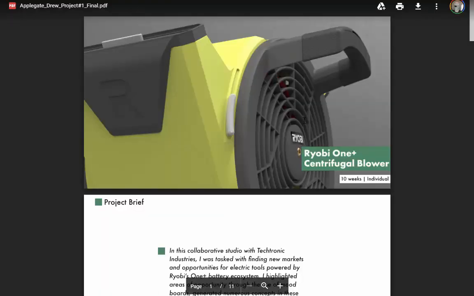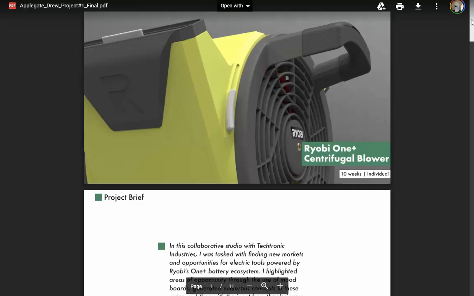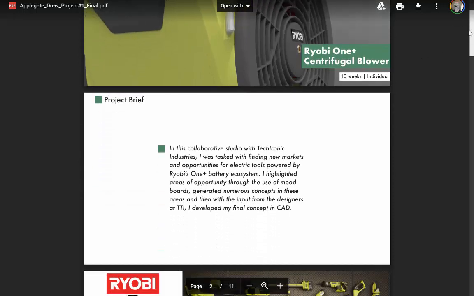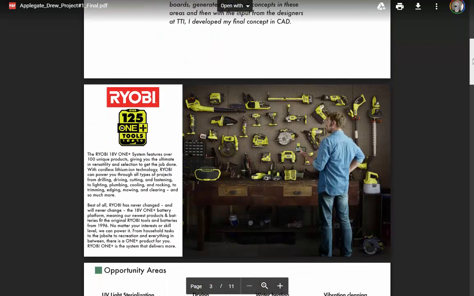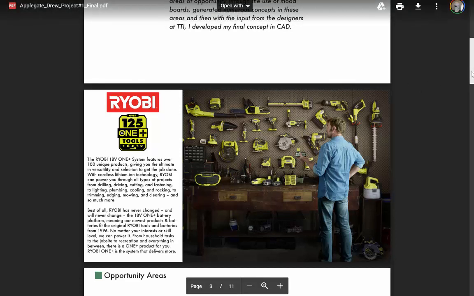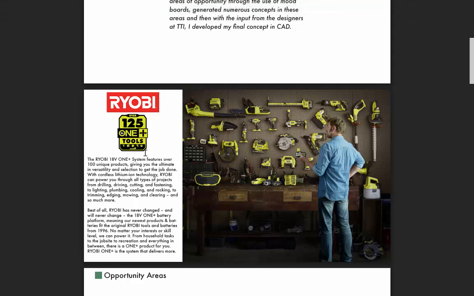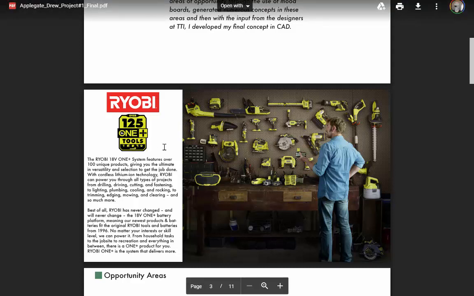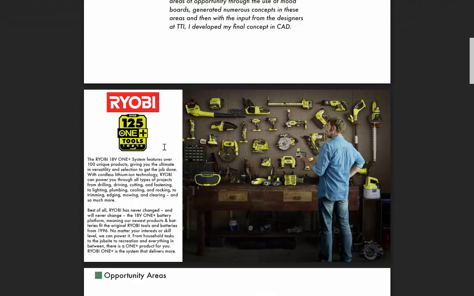My man, solving problems. Except for that giant block of text, not going to read a word. Ruby OnePlus system, which is this. Most people will be using this. I'm not going to read none of that. So, y'all are tasked with using the OnePlus system. Is this the fastest way you can explain? That almost does it. 125 tools, 1 battery.